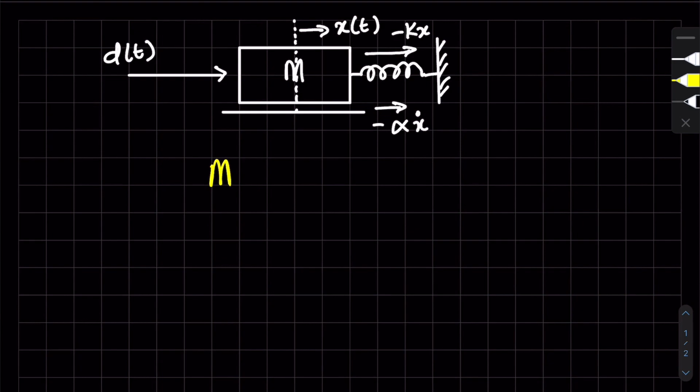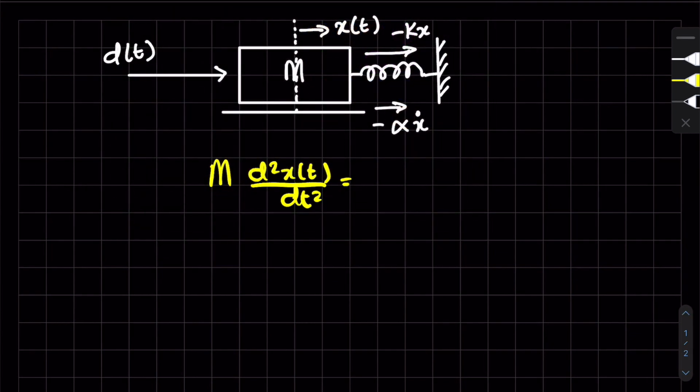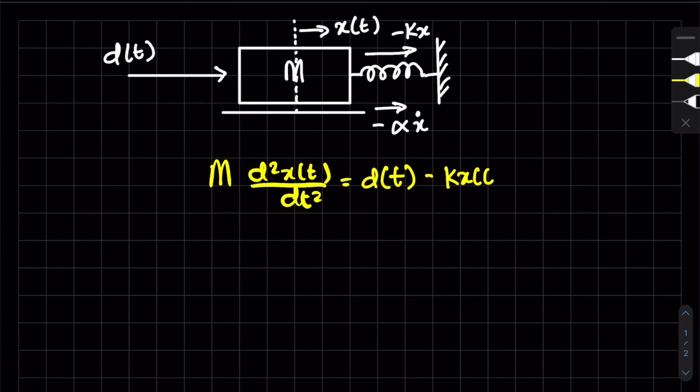So say mass times acceleration, which is second derivative like this, equals, we have to add all the forces, so there's going to be a bunch of negative signs here. First of all, the main force that's really doing all the work, or most of the work, is this driving force d of t. Everything else is sort of a dissipative force. So we have a minus kx of t minus alpha